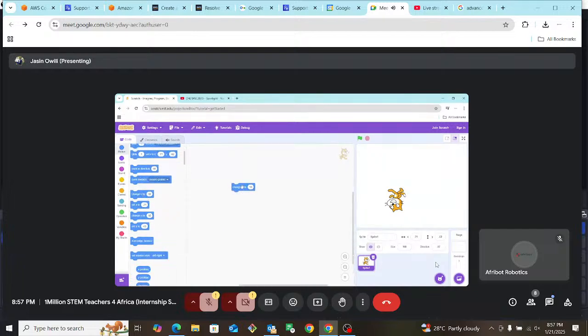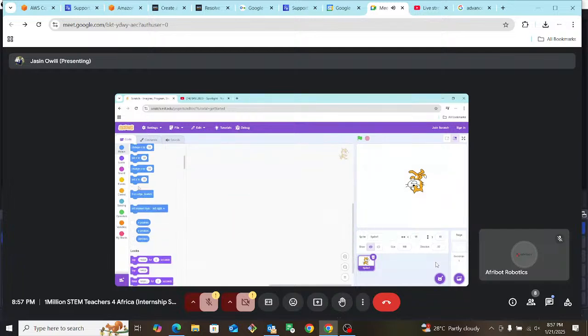So change Y by X, or change X by 10. You can see it changing in the horizontal direction. Change Y by 10, changing in the vertical direction. So set Y to, so you can always try all this, if on edge, bounce, and so on, so on. But it's better if you try it on a project.